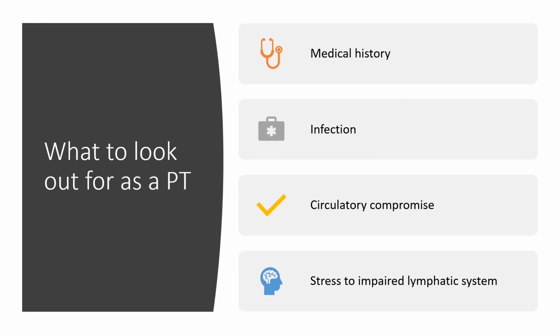The patient may also have circulatory compromise. So as you can imagine, if the venous and arterial supply as well as the lymphatic drainage is disrupted in the lower extremity, the rest of the circulatory system is going to be compromised. The heart's going to have to work harder to supply blood to the lower extremities. And there's going to be an elevated stress level in the patient, and there's going to be stress in the impaired lymphatic system. So the lymphatic system may undergo metaplasia or hyperplasia or dysplasia, depending on the severity of the